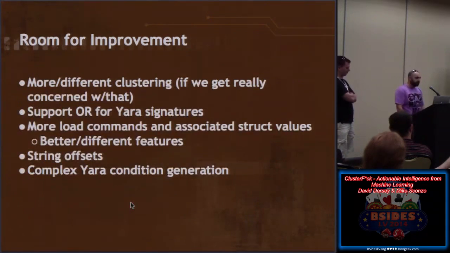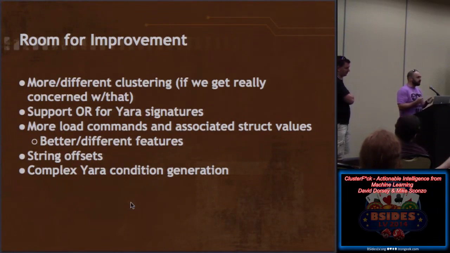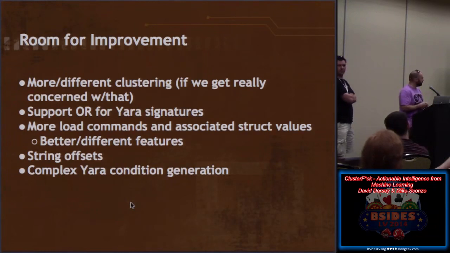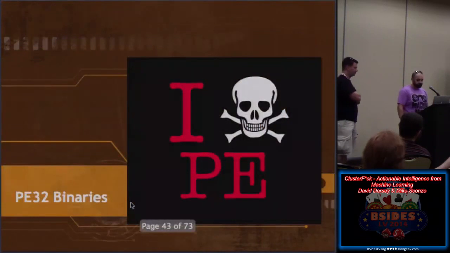So we can play more with the clustering, again, go into subclustering, look at our feature selection a little bit better. We could support complex Yara signatures, right? This whole or business, or we could do and this or that, or one of those and one of these. You can specify offsets in the generator itself. We just don't do any in here to say, look for this specific byte at this offset in the file. So a lot of room for improvement. If people are interested in tinkering with this, we're totally up for people helping. So I'll let Dorsey go on with PE.